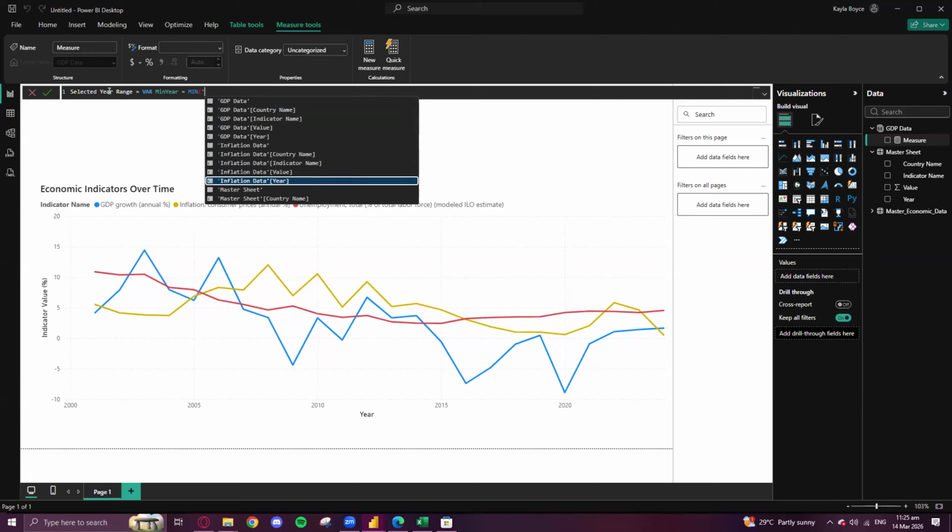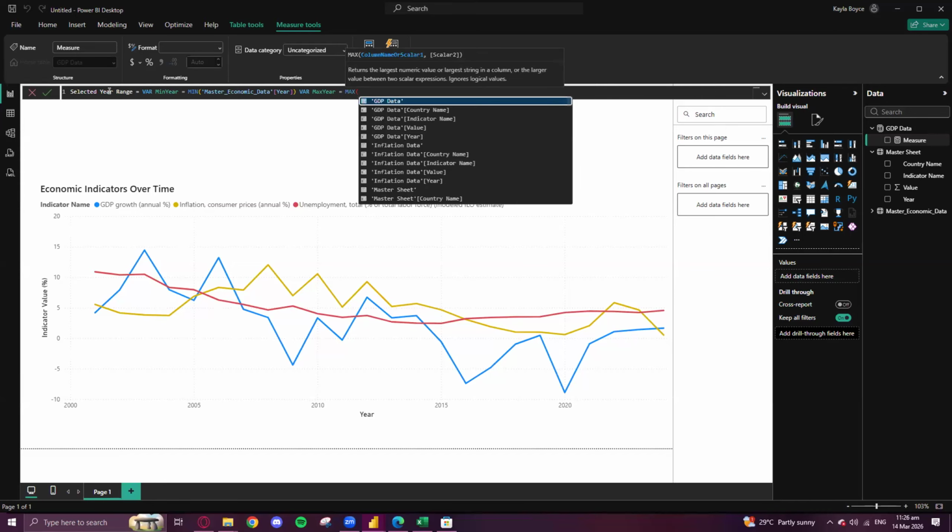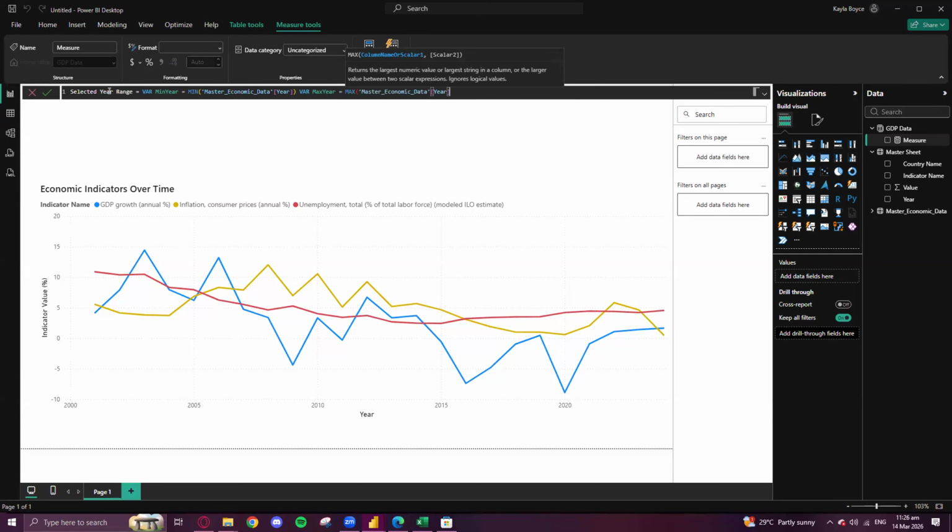I can use master sheets, but I prefer to use the master economic data here. Close brackets, var max year equals max, open brackets, the same thing, year, return,